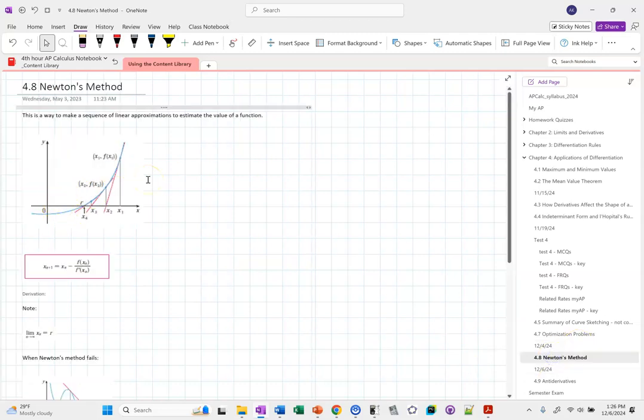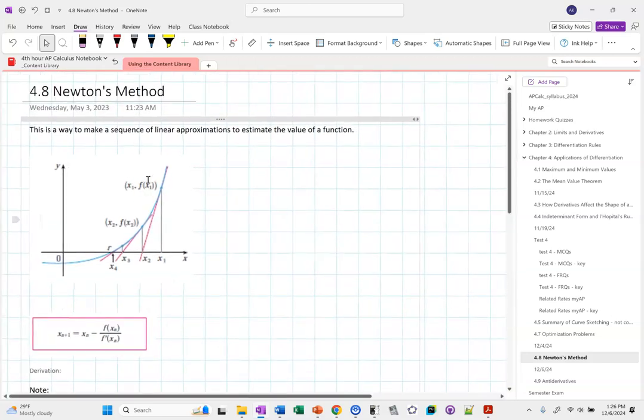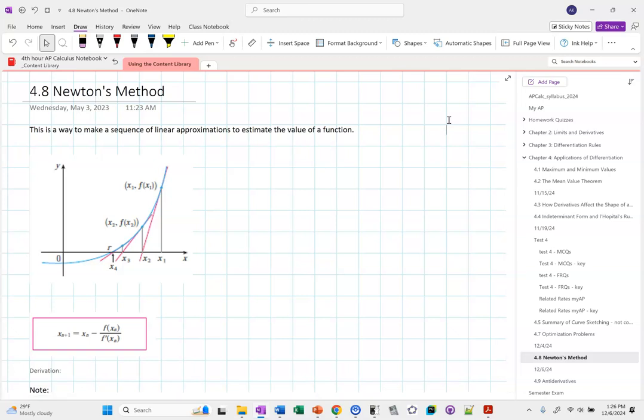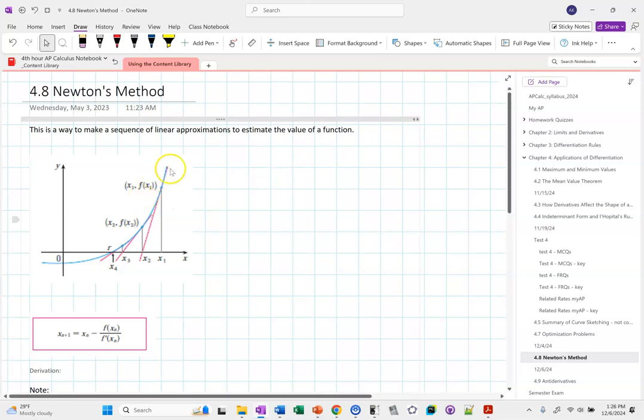So today we're going to do two topics. The first one is something called Newton's method. The idea here with Newton's method is we're going to make a series of linear approximations to estimate the value for a function. For example, if our function is this blue curve f of x, and we want to approximate the value at this point r, at x4, what we'll do is create a linear approximation,